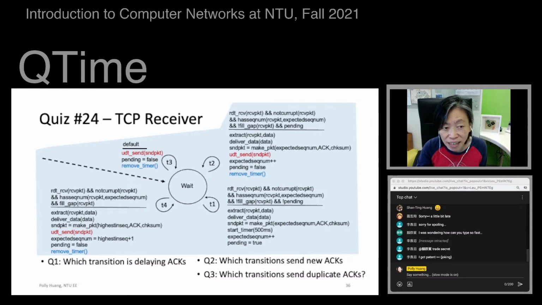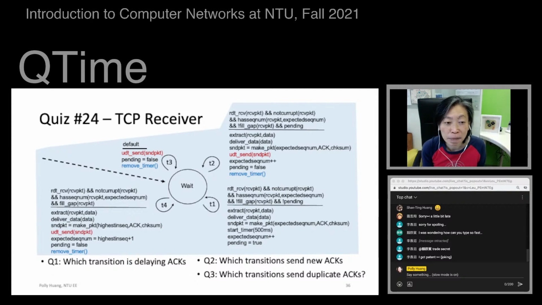If it's not filling a gap, and there's no data pending, there are 4 events the TCP receiver triggers, and which one is T1? No packets pending. So that's the first event.